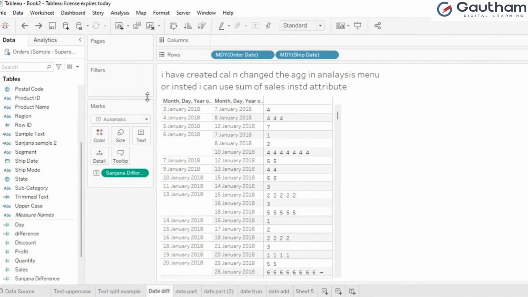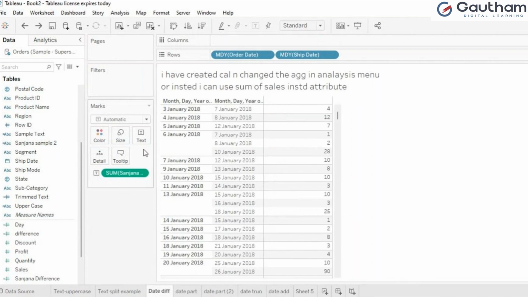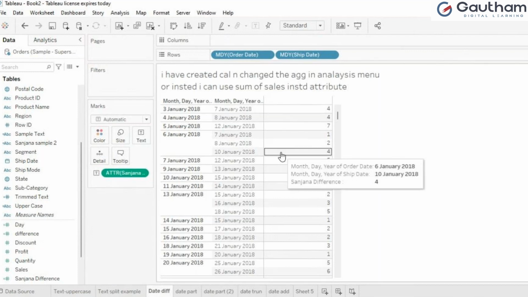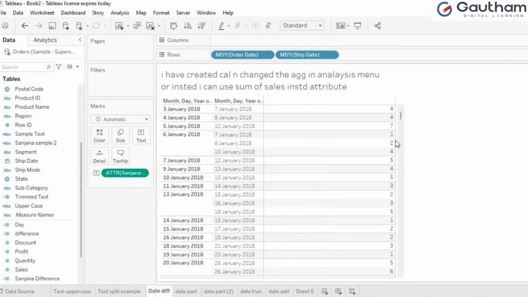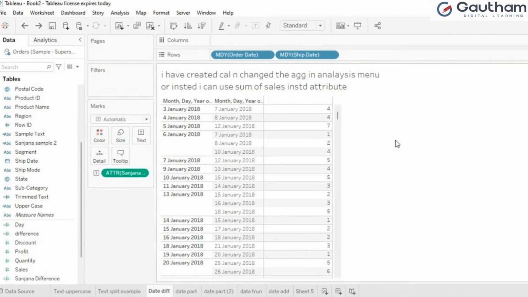And what I'll do is, I'm keeping this aggregated measure only. If you want, let it keep here, but you can change this way also. Go and change it to an attribute. See, only one came here. Okay, four. The date difference came.